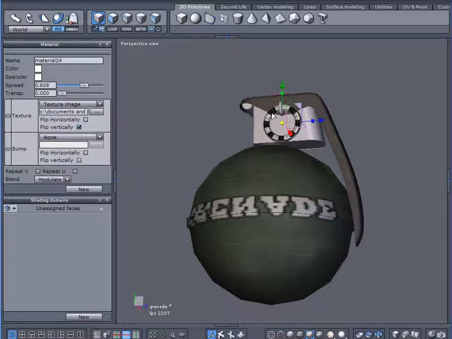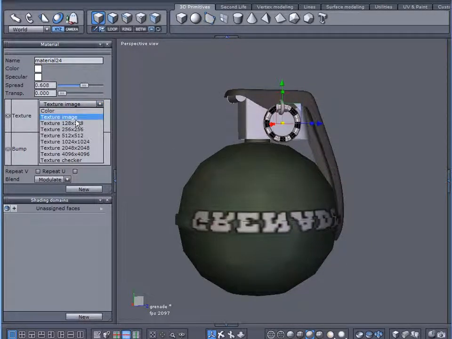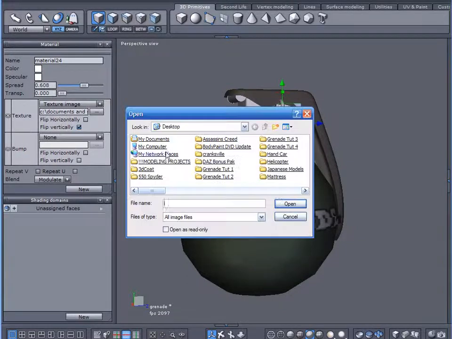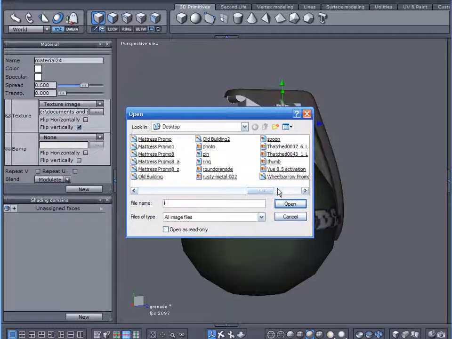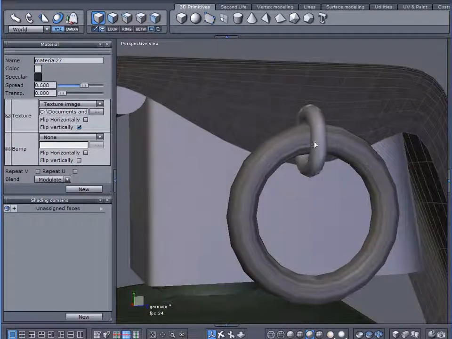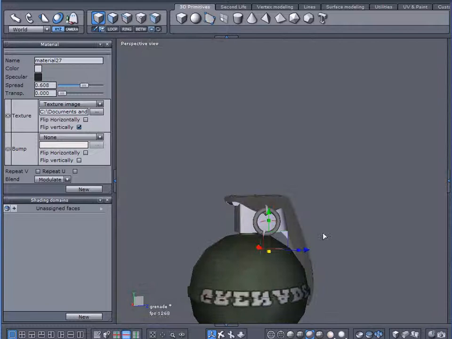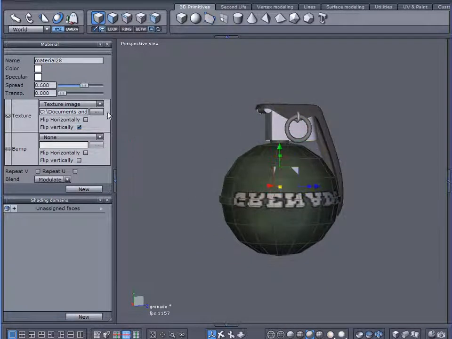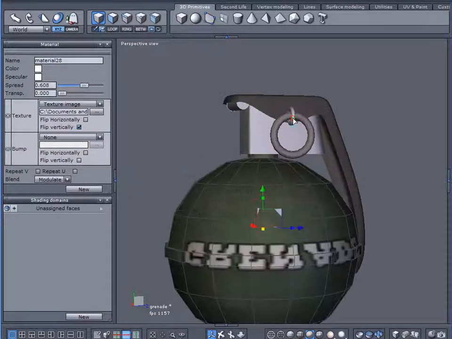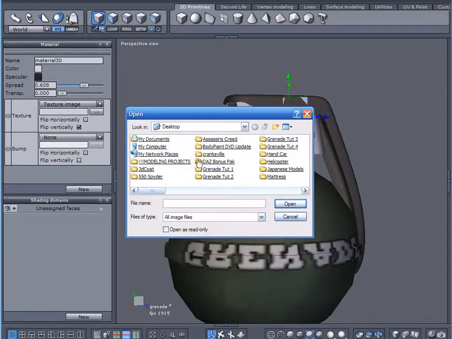And let's select our ring. It's set to texture image. Good. So our ST ring, and there's our little silver ring, and you see the lines that we created with the noise and motion blur filter. And let's go to our pin, new, texture image,